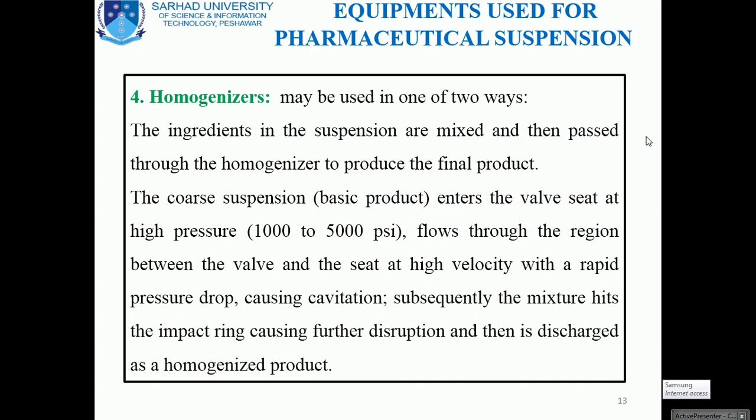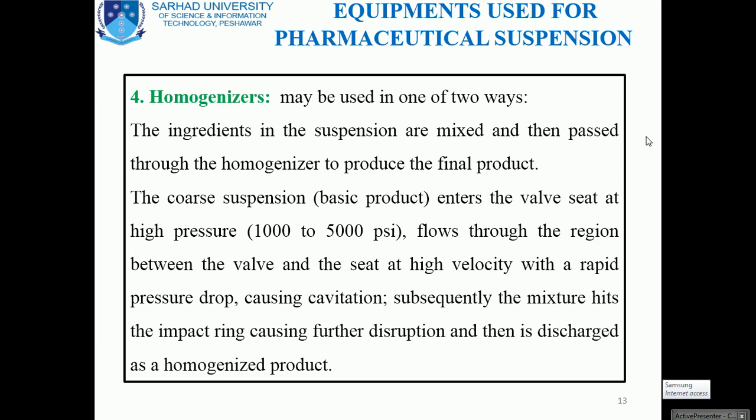The last one is the homogenizer. We have also discussed this particular piece of equipment in the previous chapter. Recalling from that, in the process of emulsion formulation we can also utilize this piece of equipment, but remember that the pressure differences are there.